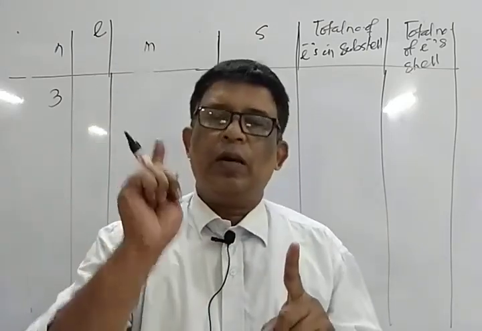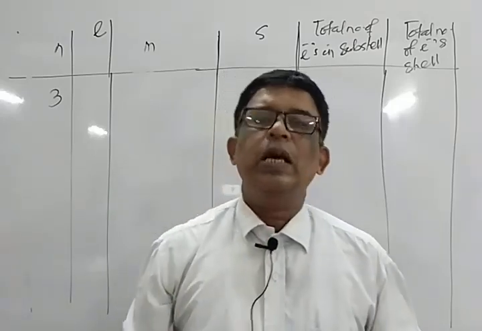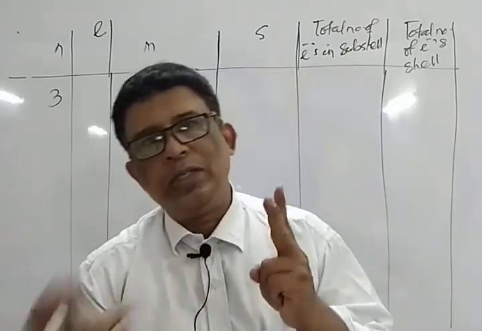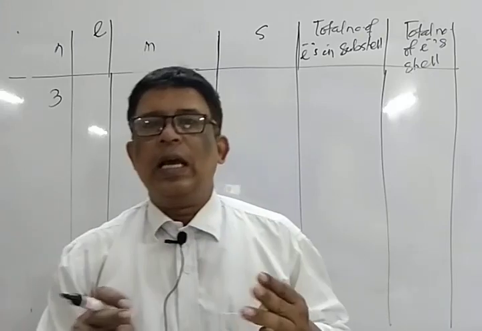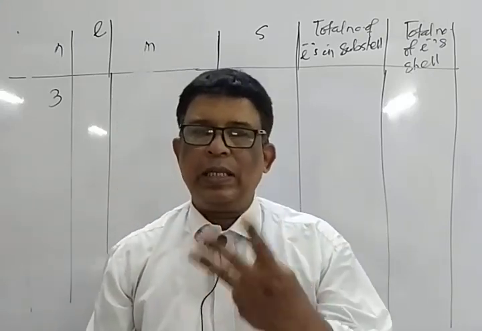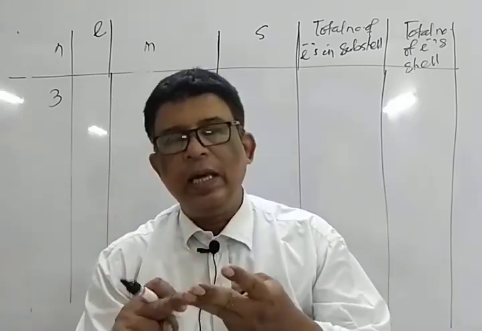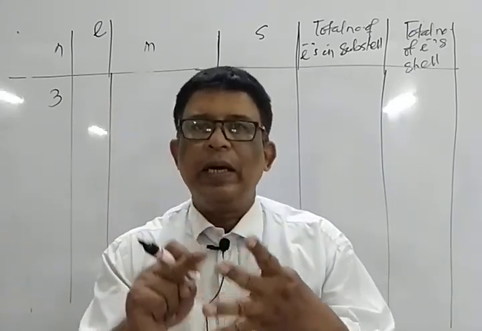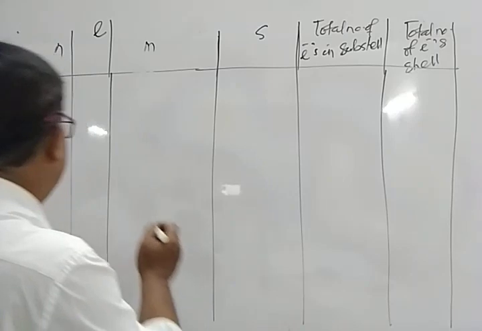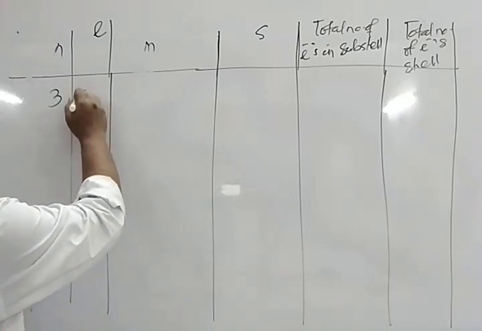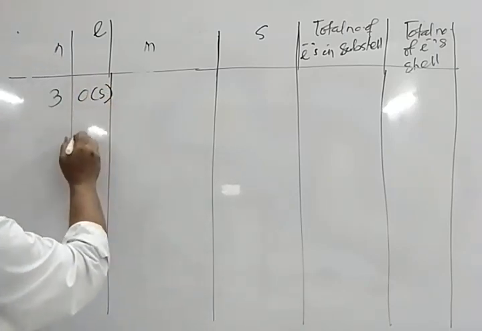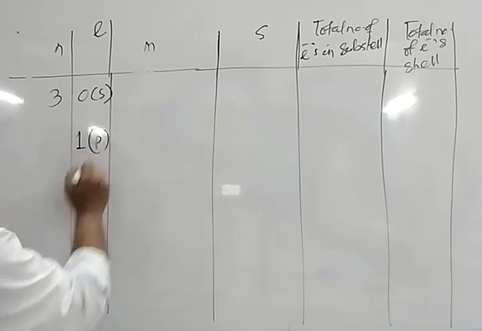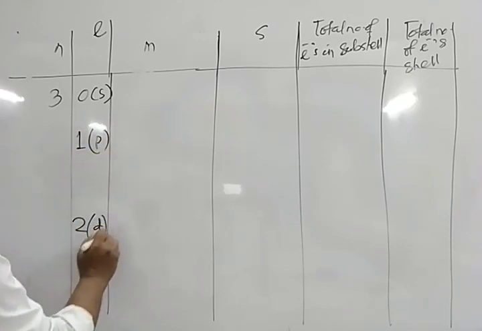In the first cell, the number of subcells is 1, that is the S subcell. In the second cell, the number of subcells is 2, that is S and P. In the third cell, the number of subcells is 3, S, P, D. In the fourth cell, the number of subcells is 4, S, P, D, F. So proceed. Now L is 0 if you select S, it is 1 if you select P, it is 2 if you select D.